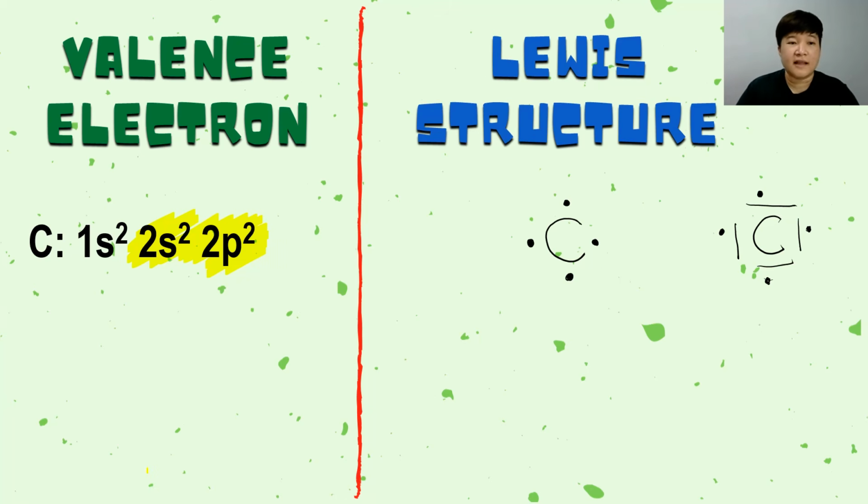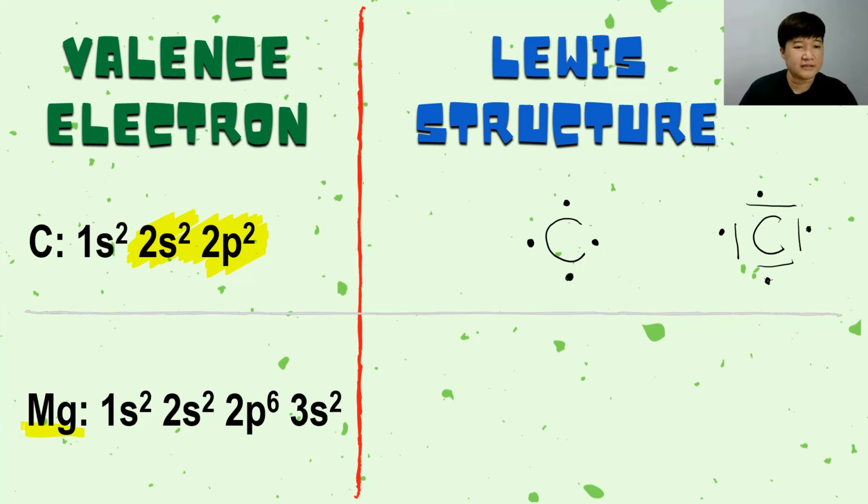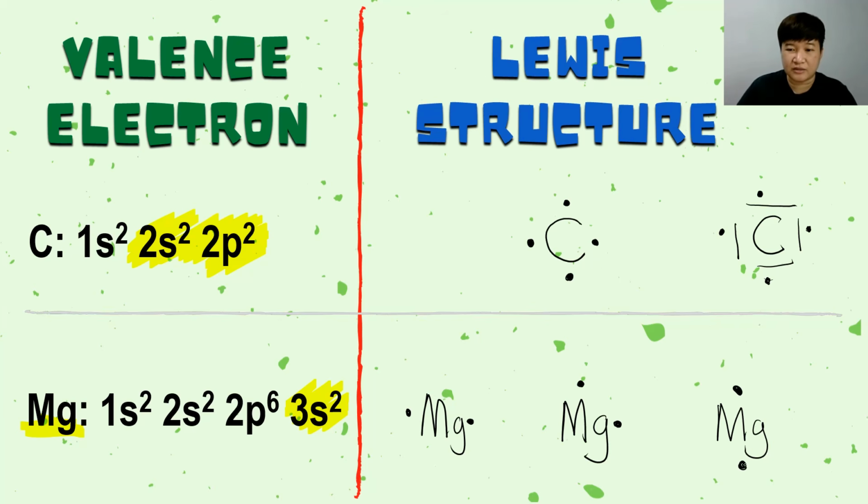Next, let's go into another one. You have your magnesium over here. Your magnesium valence electrons, obviously 3s2. And right now, you only have 2 valence electrons. So how should the 2 valence electrons be arranged? You have your symbol of magnesium. The 2 valence electrons need to be arranged singly first on any side of the 4. So you can arrange it like this, or you can arrange it like this, or you can arrange it like this. So it doesn't matter which side you put them in, but it does matter that the electrons must be singly first